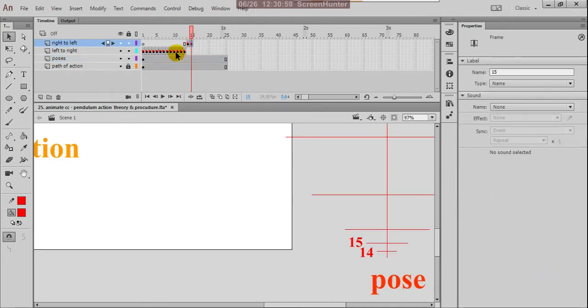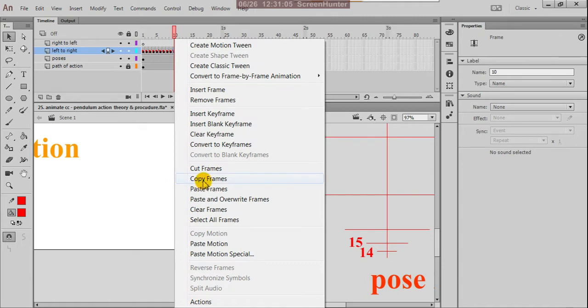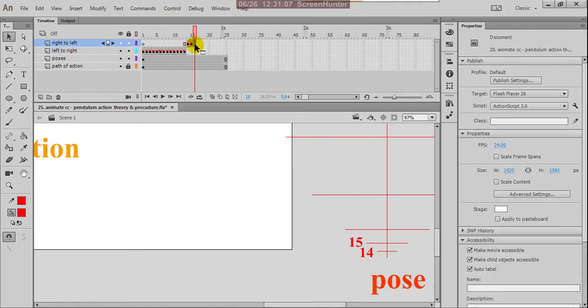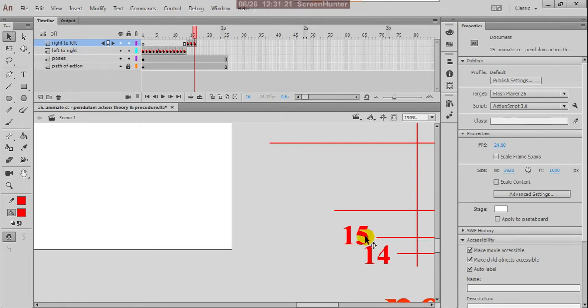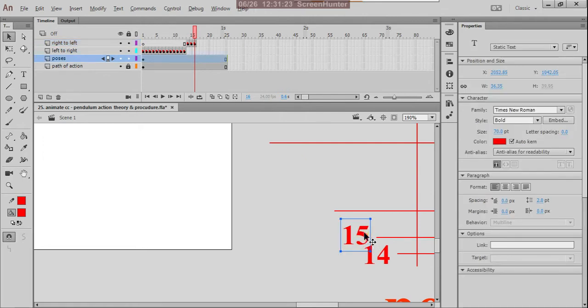Then again, copy the 10th frame: right click, choose copy, come here and paste frames, and change the name to 16. Do the same in the ladder area, giving the name 16.